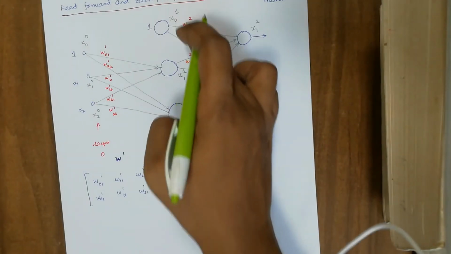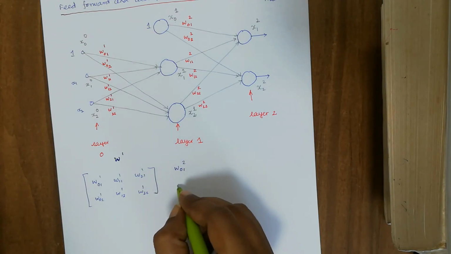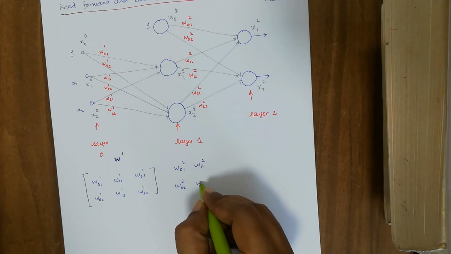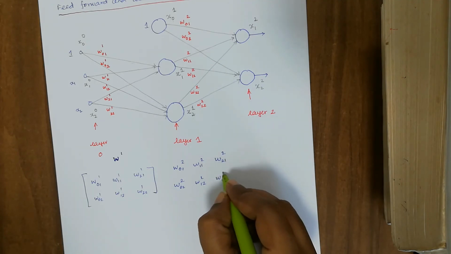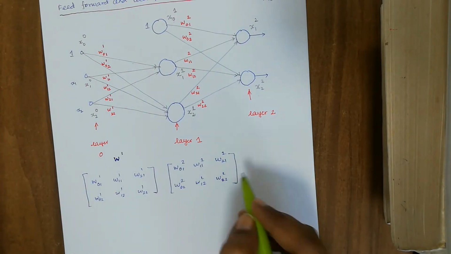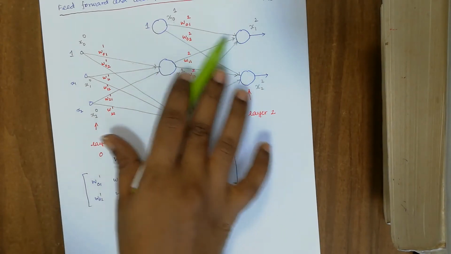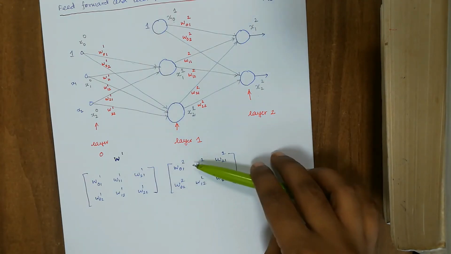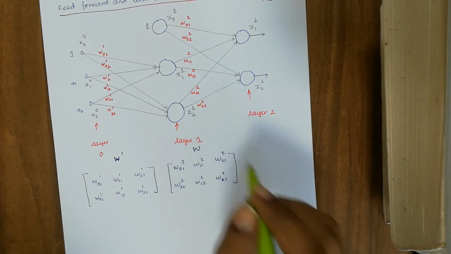Now similarly, we can write these values in this matrix form, as I said, W012, and then W022, and W112, W122, and then W212, and then W222. Okay, so all these values let us write in the form of column wise. If there are 3 nodes in the next layer, all these 3 will come column wise. Now these are the capital W, it's a matrix.